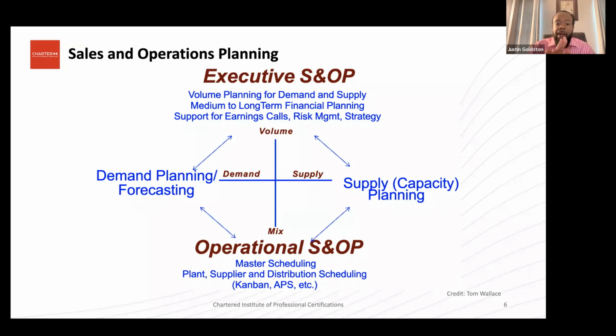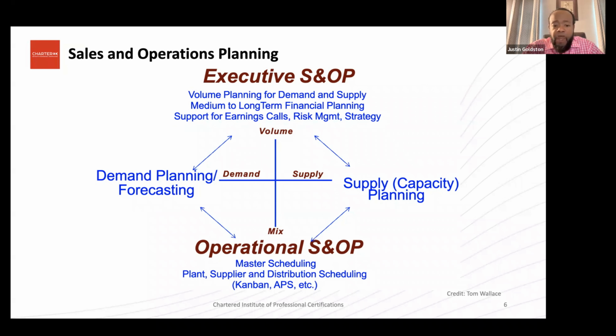And whenever we talk about distribution scheduling, one thing that's often overlooked is the scheduling of logistics, right? So similar to facilities that are having capacity constraints, trucking companies are having capacity constraints. Airlines are having capacity constraints. Ocean freight, they're having capacity constraints. So we also have to have that as an input as well. And those are the discussions that have to be had during the sales and operations planning discussion